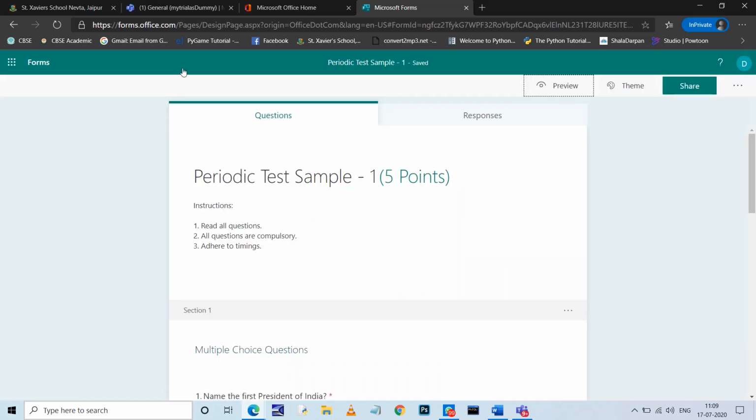So once you are through with creation of the form, there is no need to share the link like we were doing earlier. There is a much easier approach that we are going to proceed with today. So we'll learn how we can more quickly and more easily give these quizzes to our students for their submissions, and then we can assess them, grade them, and mark them. Fine. Once you are done with the creation of the form, you are through with it. Clear?